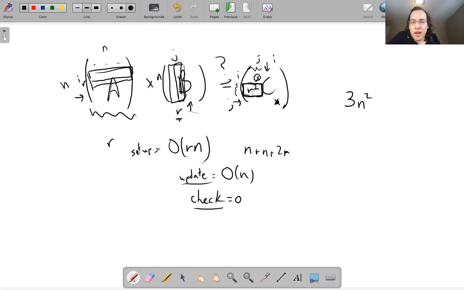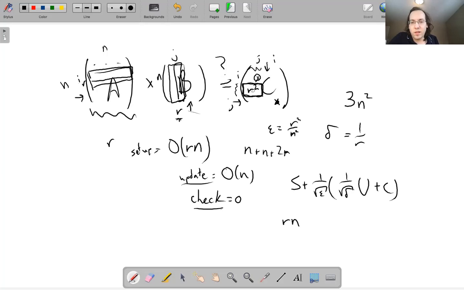So the chance that i is in our set is R over n, and the chance that j is in our set is roughly R over n as well. So we can do R squared over n squared. We can set that as epsilon. And finally, delta for the Johnson graph is always 1 over R. So the final cost is S plus 1 over root epsilon, 1 over root delta, U plus C, which is